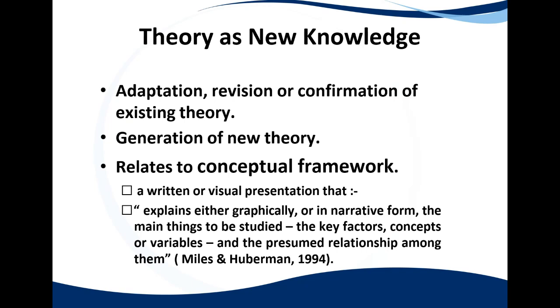So with a conceptual framework, we aim to develop something that maybe doesn't exist yet, based on evidence or on literature, for instance. Whereas with a theoretical framework, we are looking at a specific theory as a lens, and we're then looking at either adapting or revising. So theory is more backward looking. It already exists. We use it as a lens, and we either adapt, revise, or confirm that theory. But conceptual frameworks are forward-looking.